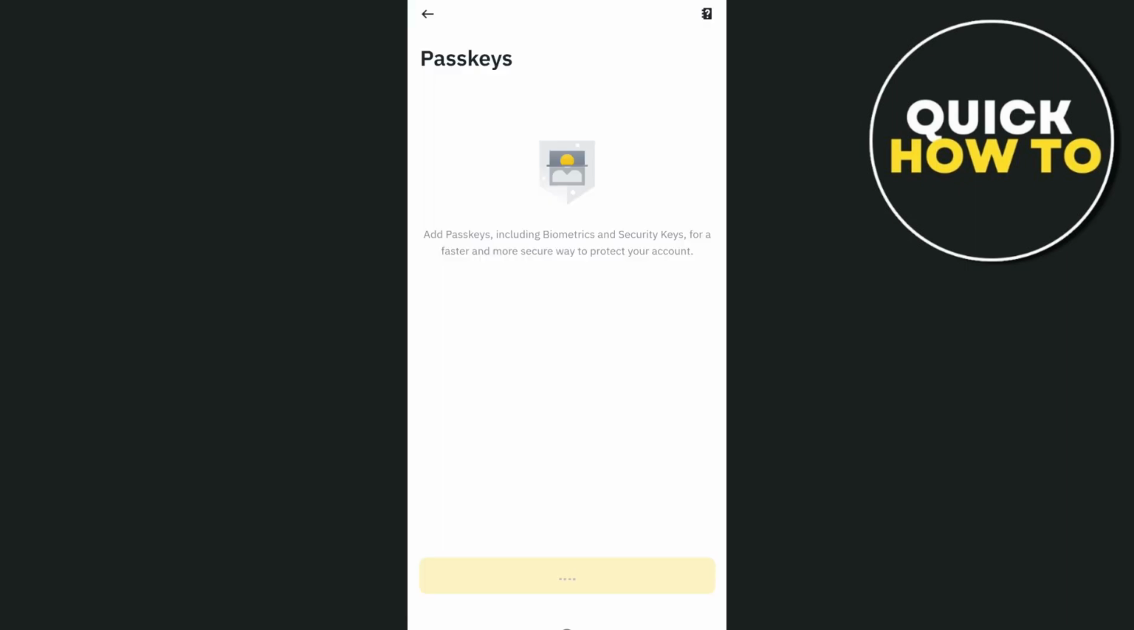And from here, you can enable your Face ID or you can use the fingerprint. So once done, it will now add it to your passkeys. So basically, you can enable the Face ID if it's also enabled on your phone